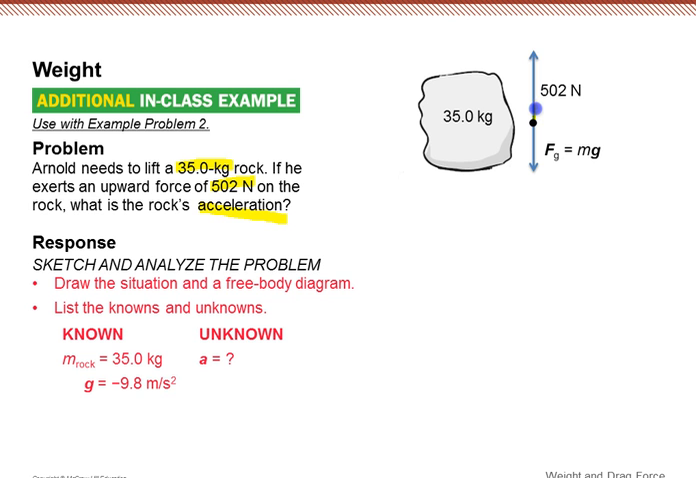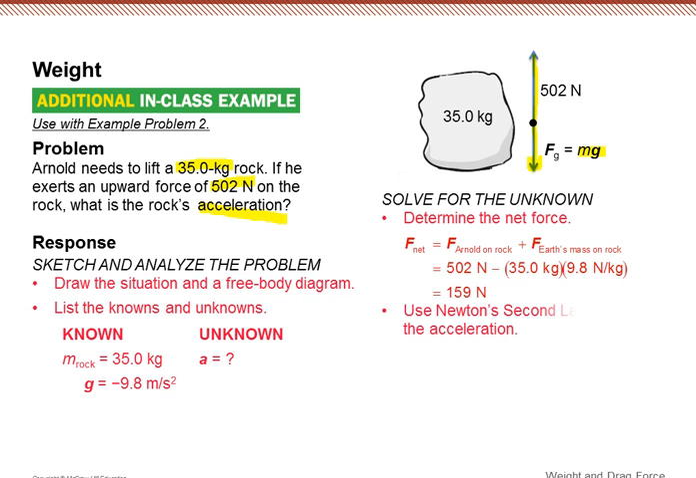Well, we're exerting a force up of 502 newtons, and there's also the weight of the object, or the force of gravity, down. And we know we can calculate that by mg. And so if we have a force up and a force down, we want to subtract those two forces. So we can find the net force of 159 newtons. Once we get that net force of 159, now we can say that the net force is equal to mass